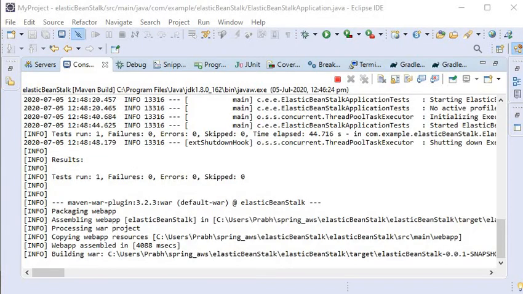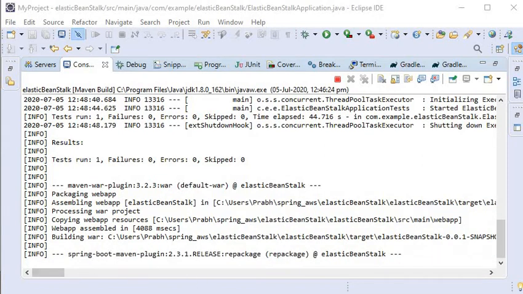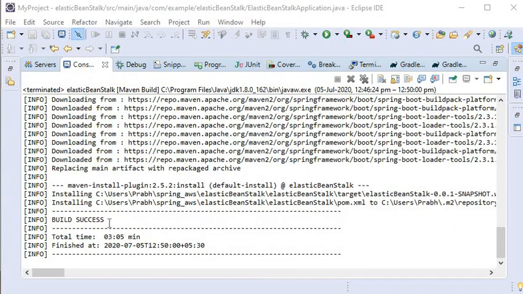Now it's building the war file inside the target folder. Now our application built successfully.